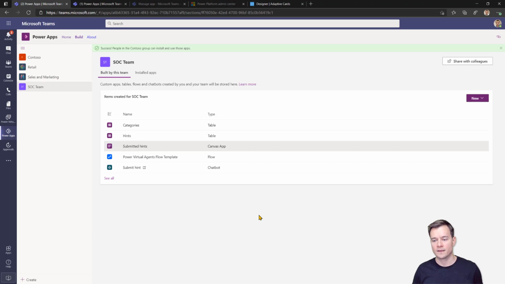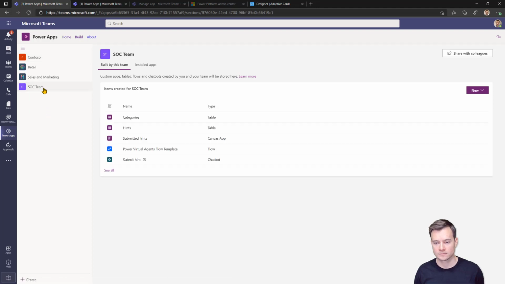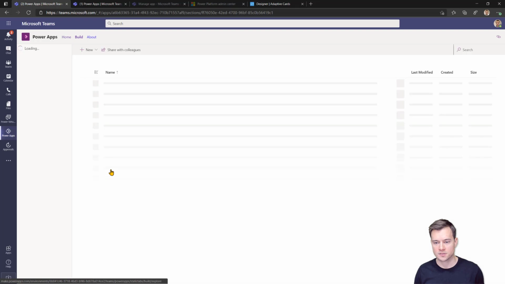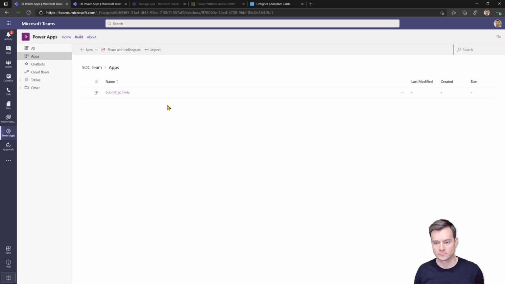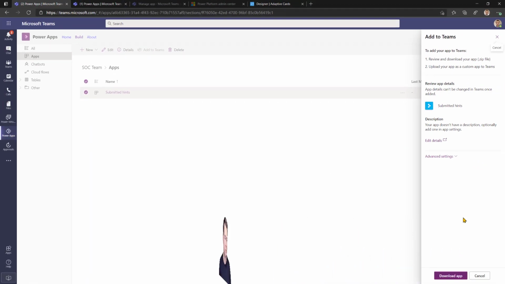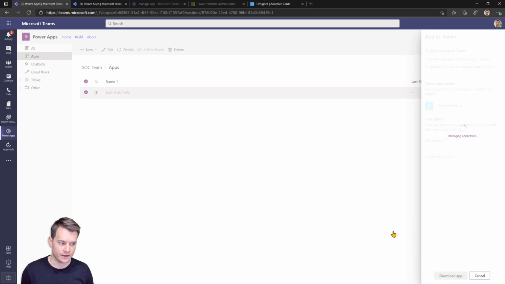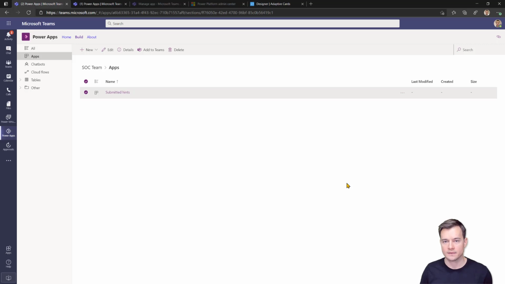All right, so if you would like to share this application with every member in your organization, then you need to do this a bit differently. So first you need to go under Build, then to See All, and then to Apps. And now once you select the submitted hints, you'll see here this button Add to Teams. Now once you click it, you'll be able to simply download this app as a zip file that later you should upload in Microsoft Teams